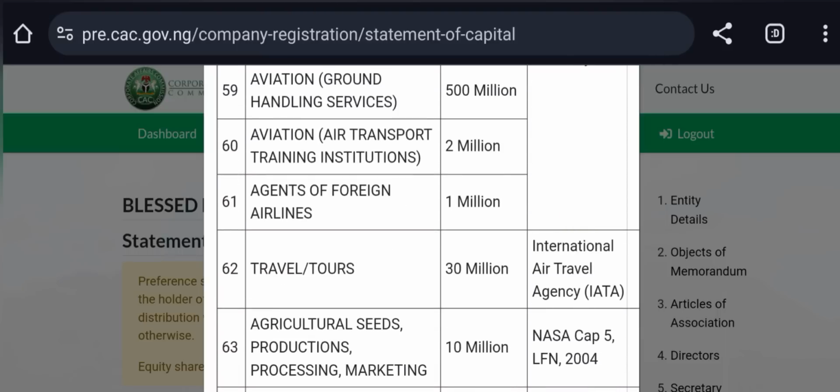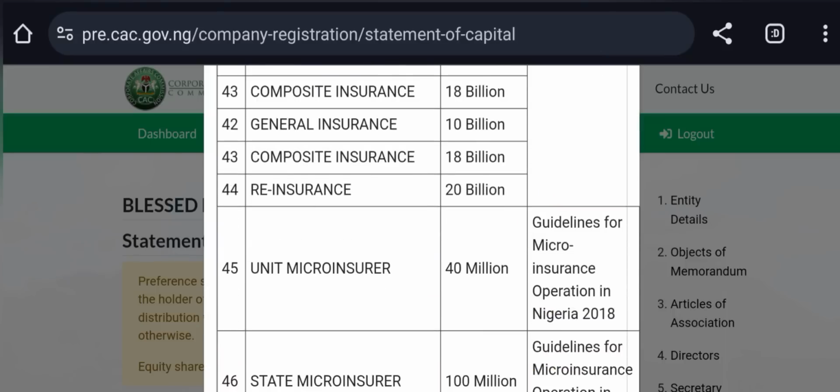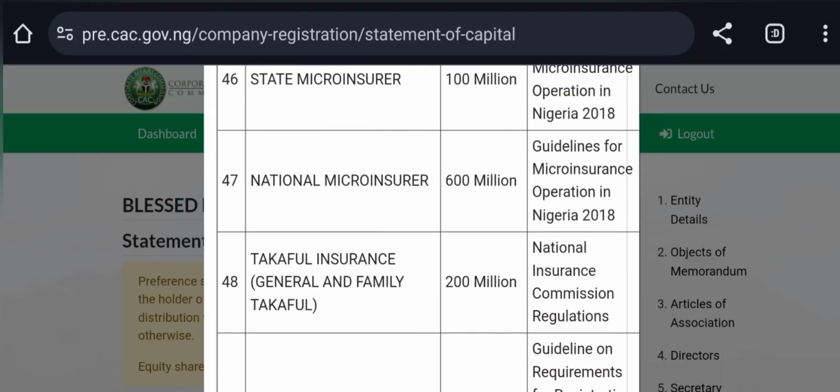You can see that the minimum share is 30 million. So now, in the part of shares, because some of you will just go and click on high shares, and yet you don't know the total amount you are paying to CAC. So for a 1 million share, okay,